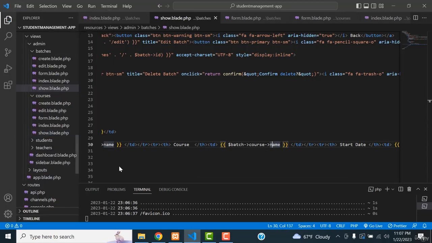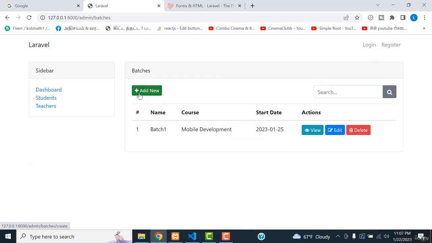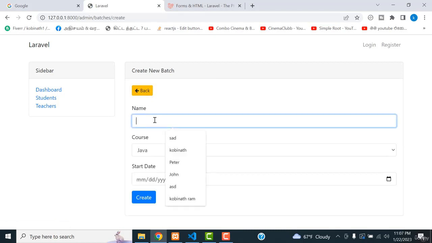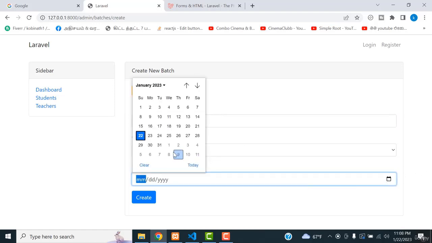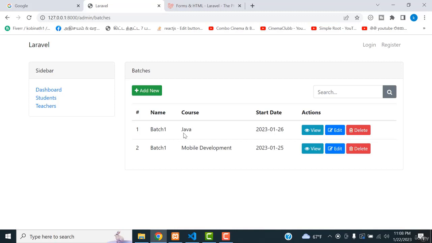File, save all. Let's go back to your project and refresh it. Here it displays mobile developer. Very simple. Now we are going to add another course batch, batch 1. This is also Java this time. I'm going to start the course on 26 January 2023. Click create. The Java batch has been created successfully. If you click view,